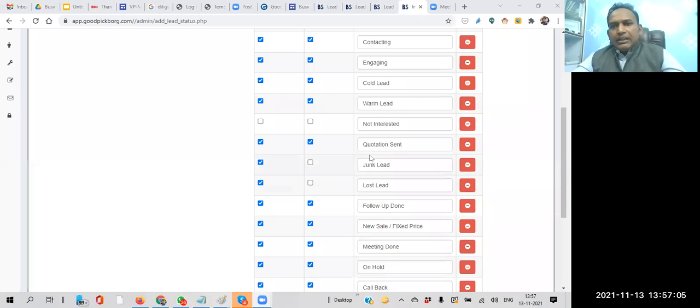Let me make you understand how it works with the example of not interested. As we discussed in the beginning of the session, there are two ways customers manage this. Some enter the data before making a call, before knowing whether they are a right prospect and lead for our business or not, and some only enter the lead data afterwards.